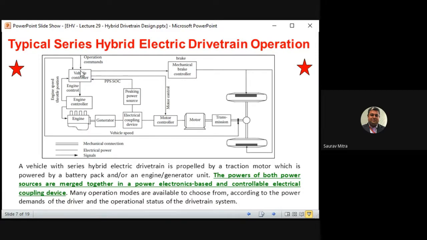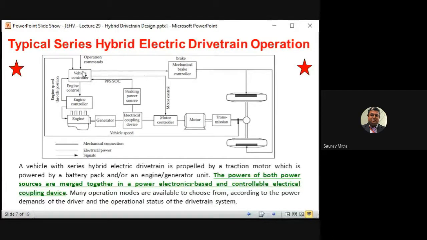So if a brake command comes here to the vehicle controller, then the vehicle controller tells the mechanical brake controller that the request is coming for more brake or less brake or something. So this is a mechanical brake controller. We have seen how the brake is controlled. There are hydraulic pipes filled with brake fluid, and there are many valves, and all those valves are controlled by the vehicle controller. So commands for acceleration, for brake, for turning come here, and the vehicle controller segregates the command to the different necessary parts.